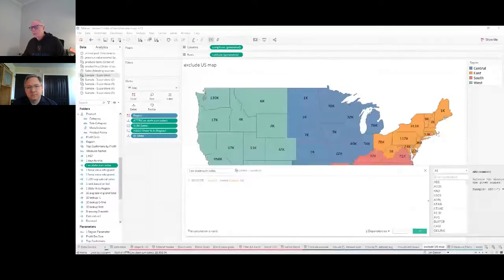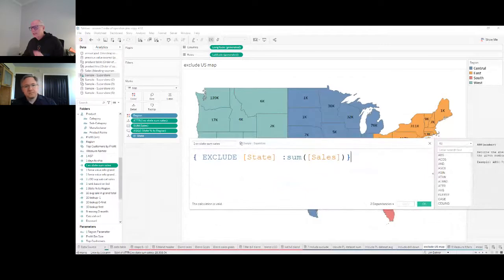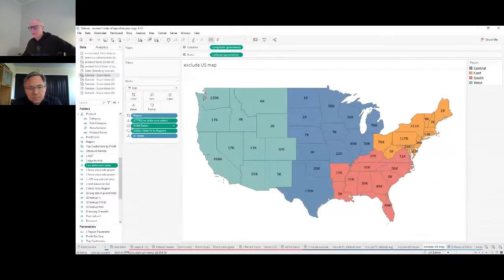The way this statement works, the way exclude works, it works on the visual that you see. It works not on the data table, but on the presentation that you see in the visual. We've only got two dimensions here. And what exclude does is exclude the state level, exclude state, and go to the next higher level, which is region, and sum the sales at that level. I don't want to see the state sales. I want to see the region levels. And when we do that,